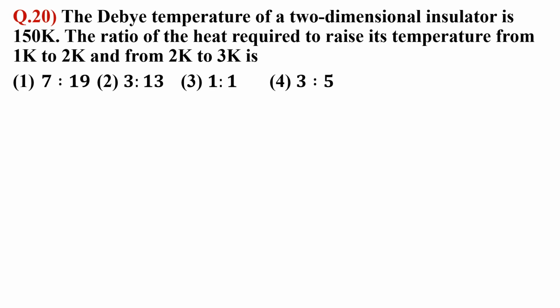Question 20. The Debye temperature of a two-dimensional insulator is 150 K. The ratio of the heat required to raise its temperature from 1 K to 2 K and from 2 K to 3 K is: option 1, 7:19; option 2, 3:13; option 3, 1:1; option 4,